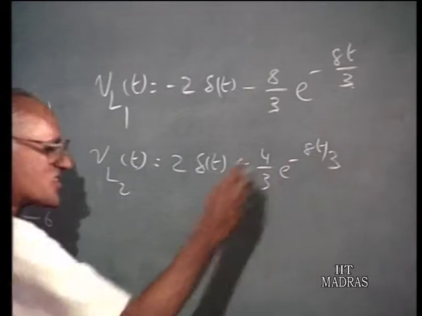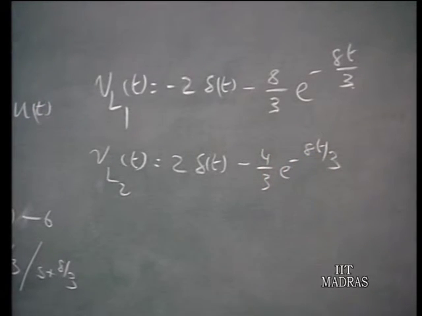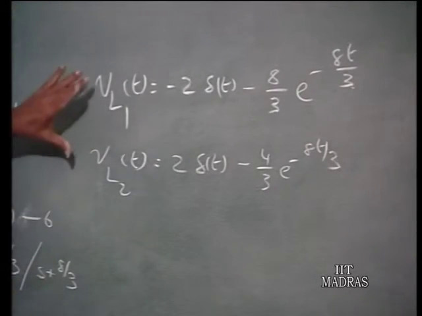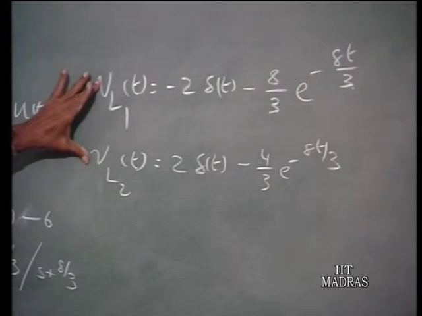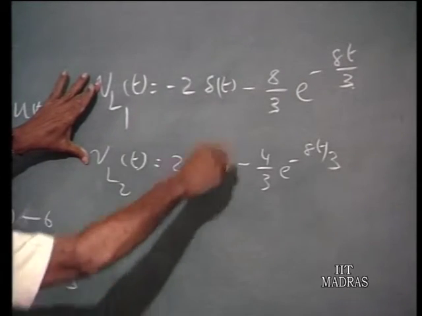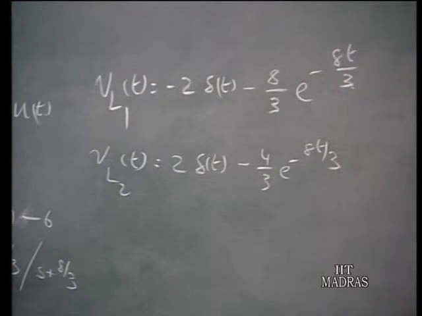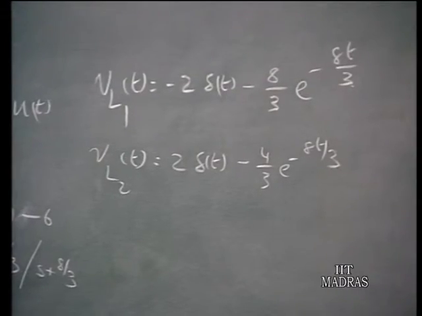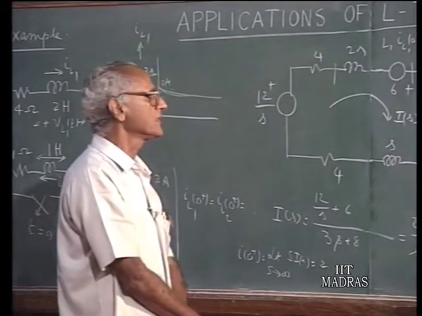So, since both the currents have jumped from t equals 0 minus to 0 plus values, no doubt there will be impulse functions, but taking L1 and L2 put together, the impulse functions cancel each other out. That means even though inductors have impulse voltages in them, in the local loop the impulses get cancelled. Therefore, all the other voltages are finite, and therefore, the total Kirchhoff's voltage law is still satisfied,